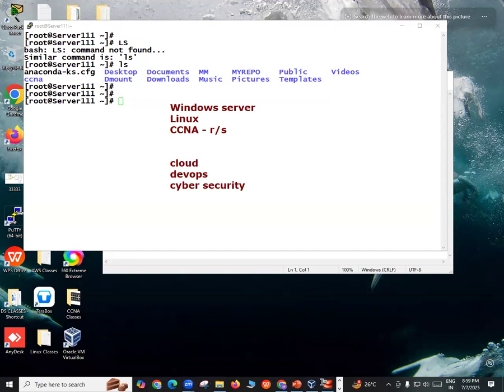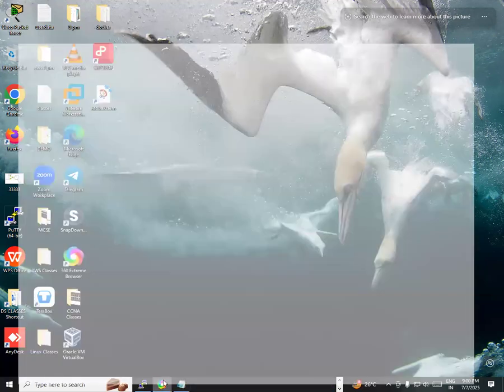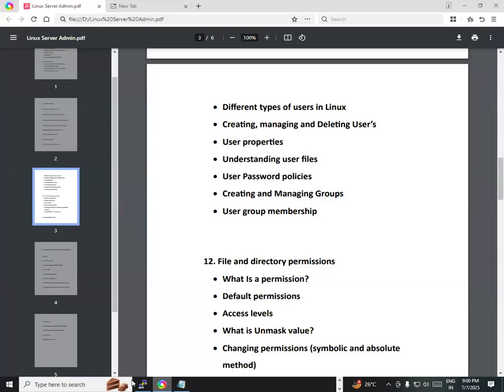Okay, the syllabus is like this. Management will share all the syllabus with you on your mail ID as well as the WhatsApp number you have shared with them. Sir, this course will be only of Linux, right? And CCNA and AWS you have separate courses going on? Exactly. This is only for Linux. 8 to 9 is only for Linux administration. AWS will be 9 to 10, hopefully next week.